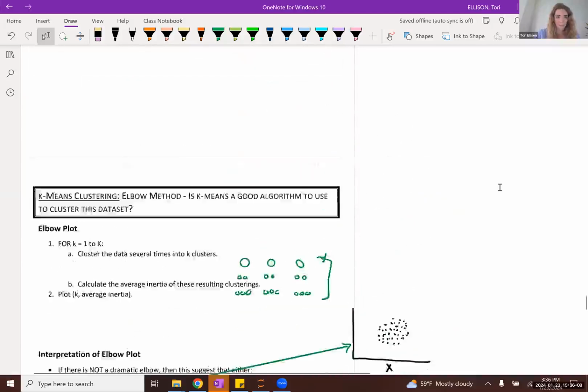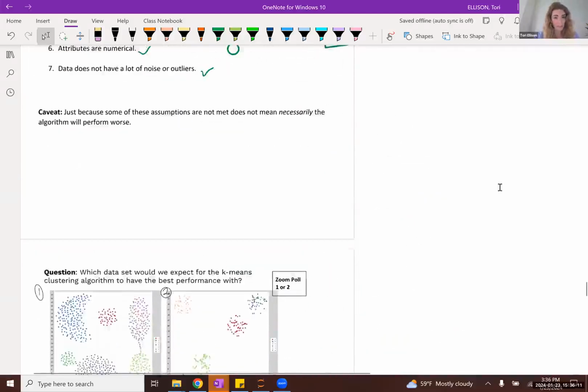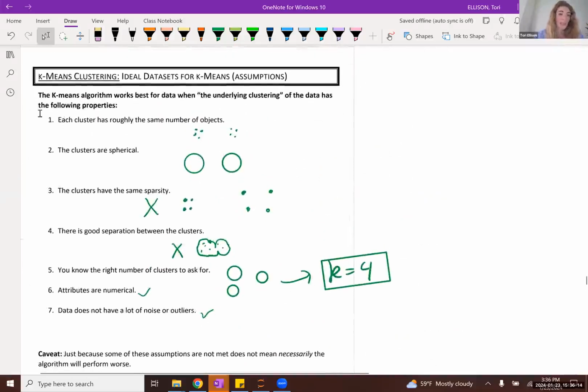So you want to remember, k-means is more or less effective at identifying a given clustering structure, provided it meets the following ideal specifications. Generally speaking, if your data set satisfies these ideal specifications, k-means will be able to identify the inherent number of clusters that exist in the data set. On the other hand, it is possible that even if a given data set does not meet all of these specifications, it is still technically possible for k-means to identify the inherent clusters that exist in the data set.